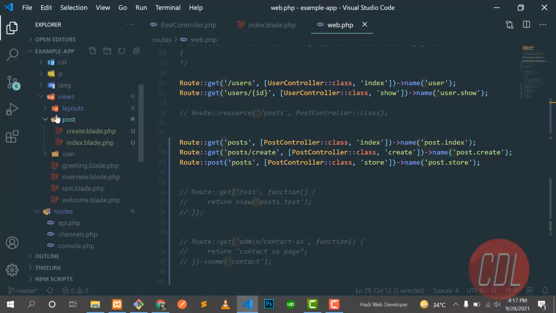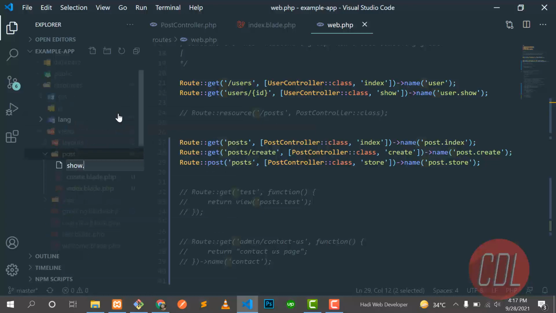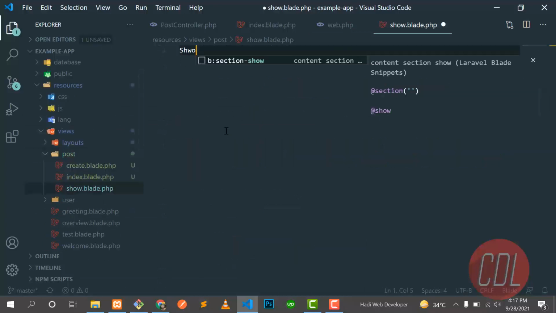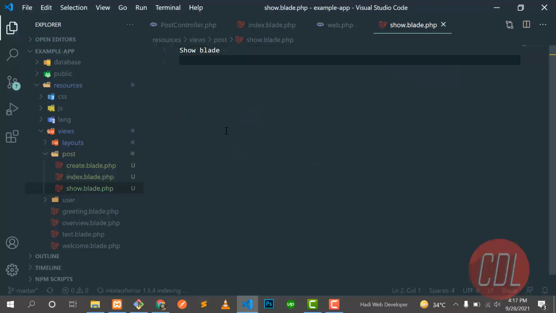By default Laravel also creates the views directory singular, right? So that's why I'm creating this singular show.blade.php.